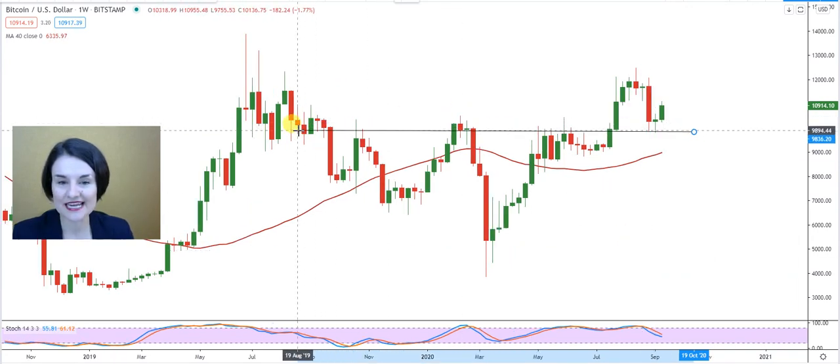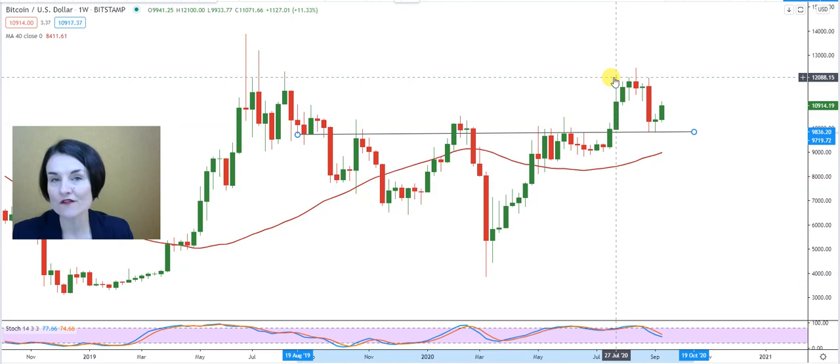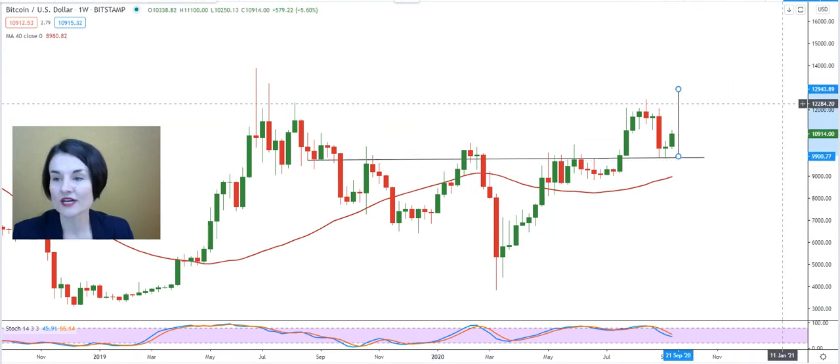But if I extend this line, we can see that there is a possible inverse head and shoulder formation, and that is a positive formation. If the share can change these resistance levels into a support, and that is waiting there at 12,088, we can see Bitcoin a lot higher. First possible target for Bitcoin was already reached based on that right shoulder, but if I take the second conservative target of this inverse head and shoulder formation, Bitcoin can go back to